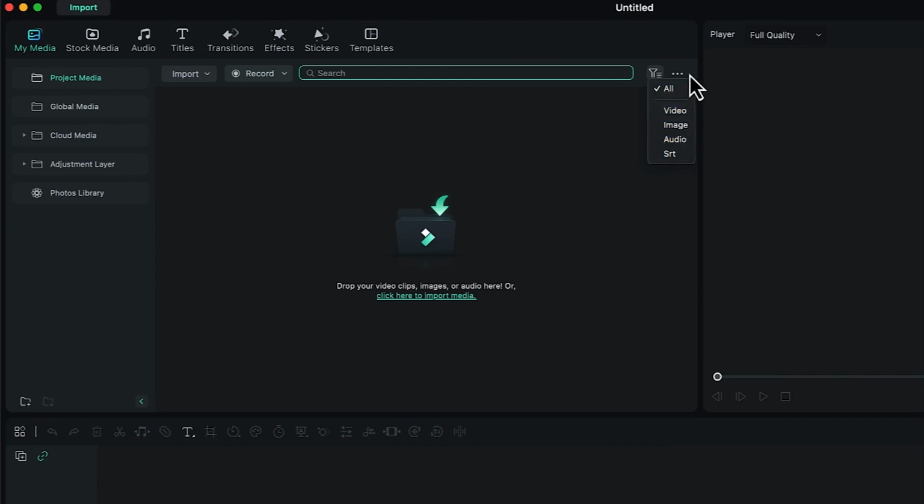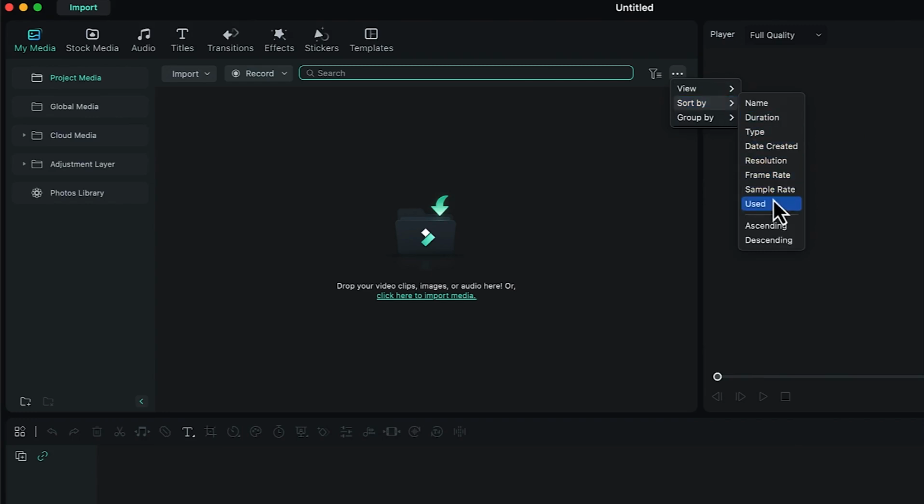You can filter accordingly from here, or you can come to these three dots and choose to view by list view. You can have the list view or large thumbnail view, or right now the default one is the middle thumbnail view. If you want a large thumbnail view, you can enable that, or small thumbnail view, you can enable all that. Or you can do sorting by name, by duration, by resolution, or by sample rate, or by ascending or descending order